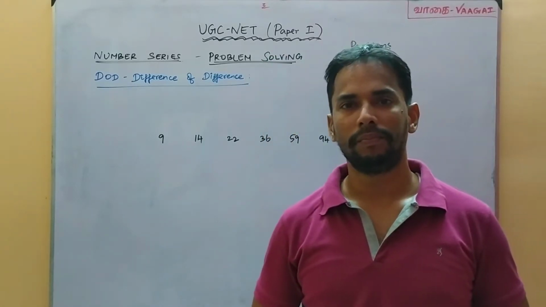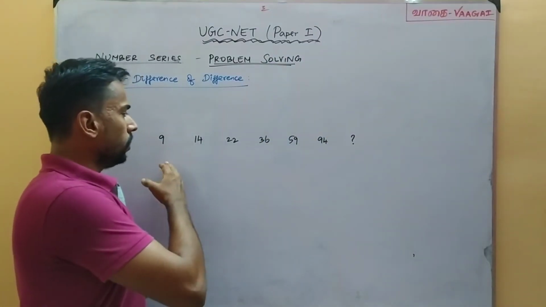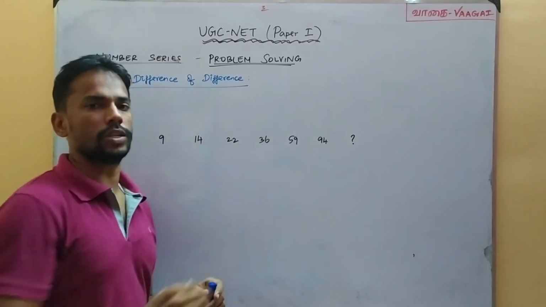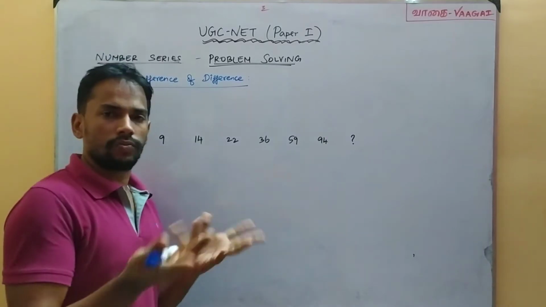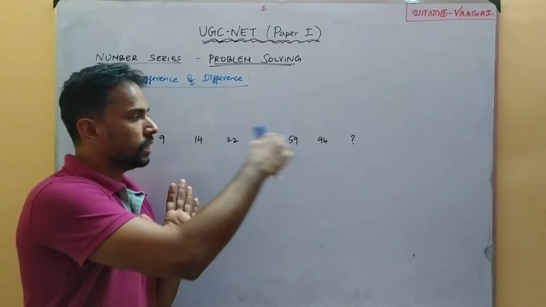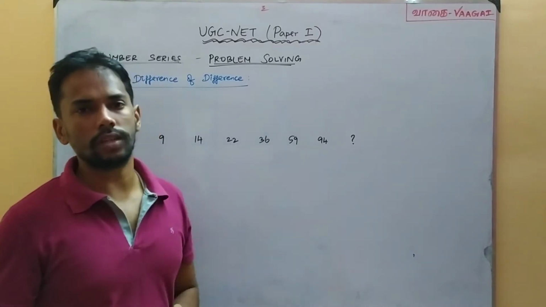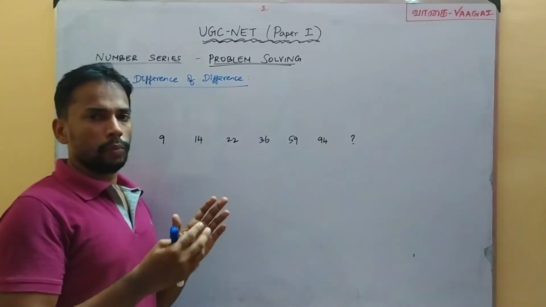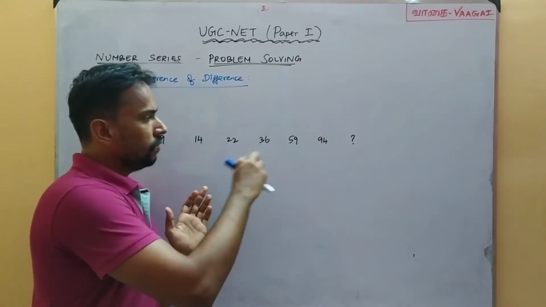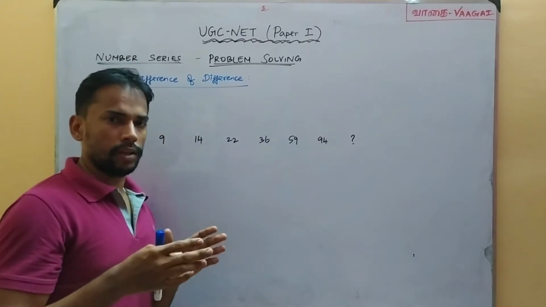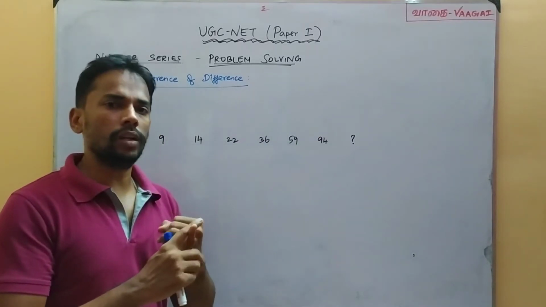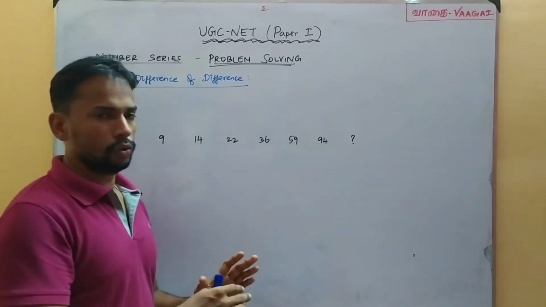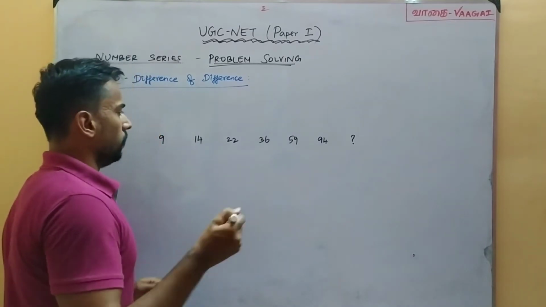Let's go. We have our question. Let's see the numbers here: 9, 14, 22, 36, 59, 94, and a question mark. If we see the numbers itself, it is very clear that these numbers are going to increase, which means this is an increasing sequence. At the same time, the growth of these numbers doesn't appear to be very drastic. The growth is seen in a very slow way. It is very smooth, and that means we can try with our first operation, addition itself. That is, we will try to see whether we are able to observe any pattern through addition. Let's check it.